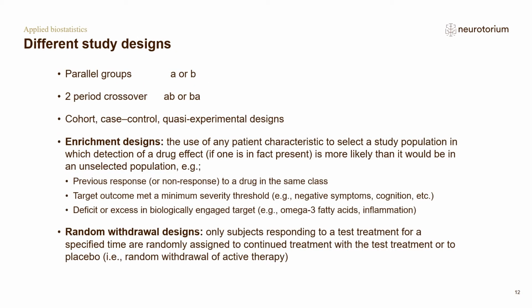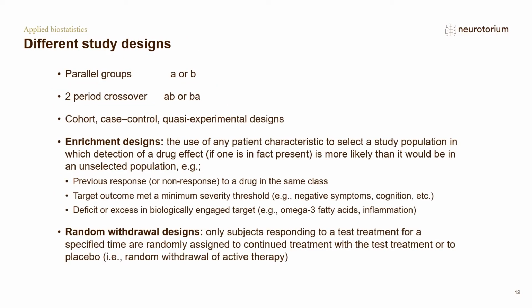You could do a 2-period crossover where patients get into one or the other group, then have a brief period or longer period without treatment, and then are crossed over. But the problem is there's usually a carryover to some degree from one condition to the next. So this is not considered a high level of evidence. You're saving yourself some patients because the same patients go into both conditions, but it's generally seen as being quite